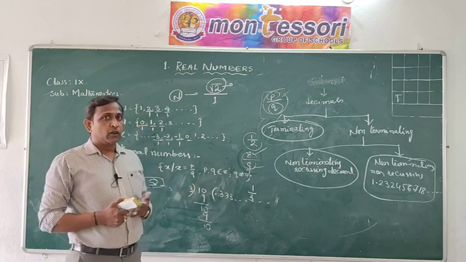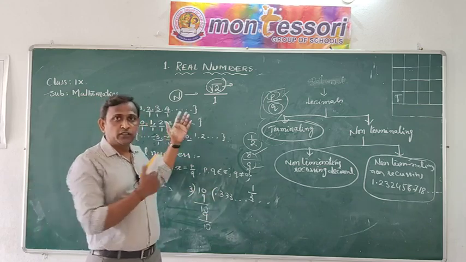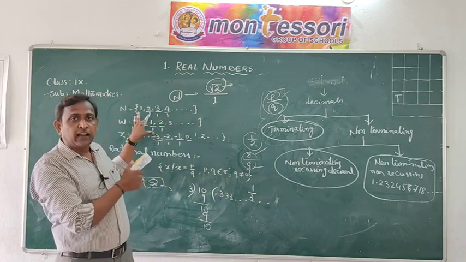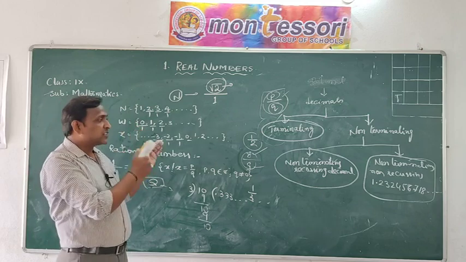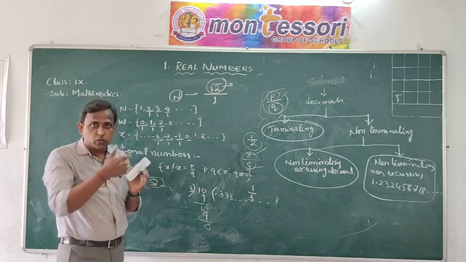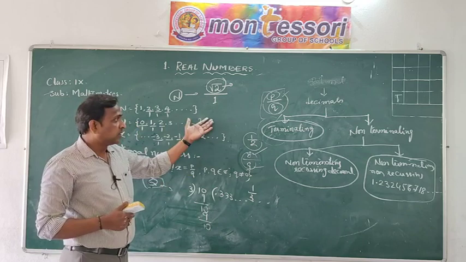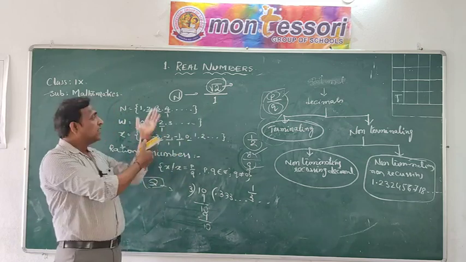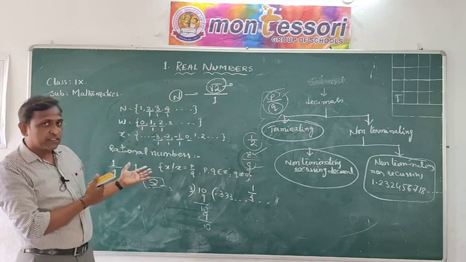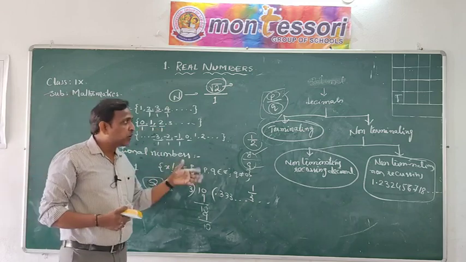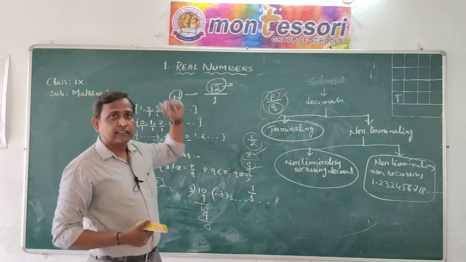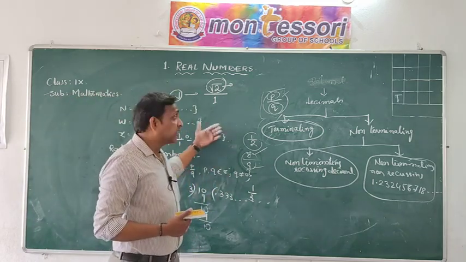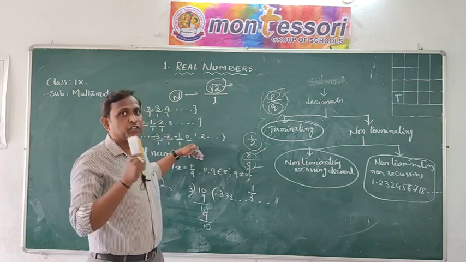Okay, children, take it seriously and don't think that it is just for formality. You have to understand this, and once you understand, take your textbook, go through it, find some typical questions and try to solve them. In the next class I can give more explanation about the real number. So till now we did not discuss anything about the real number, I have explained only the rational number. Thank you.